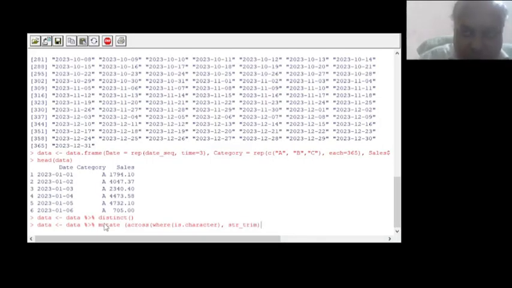So this step will help you to trim white space from character columns. So I apply this,